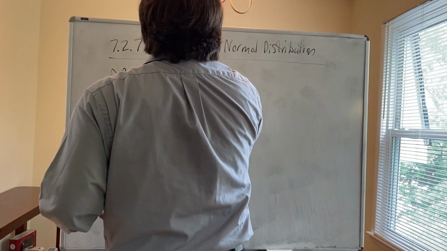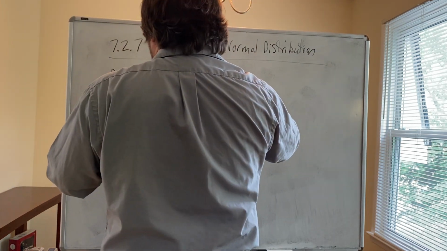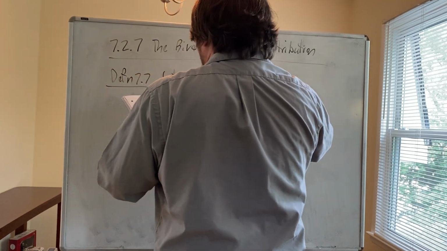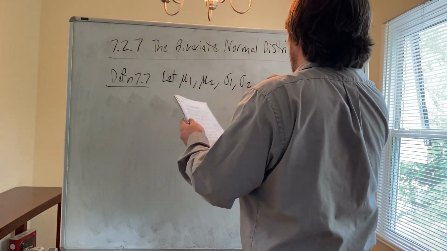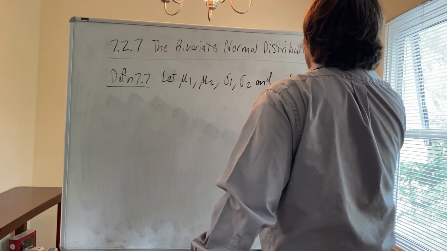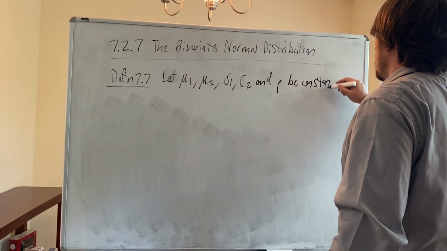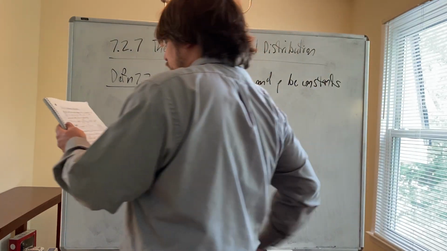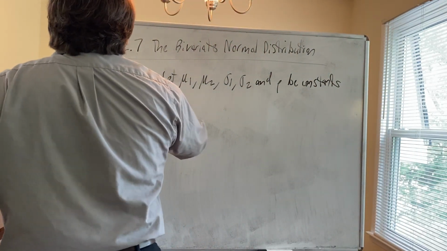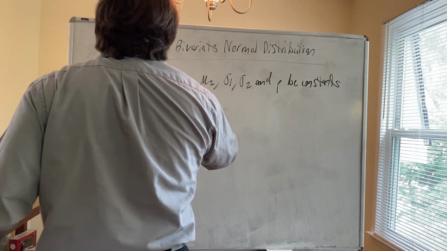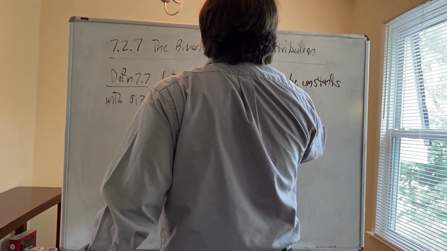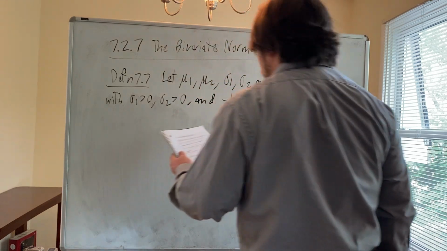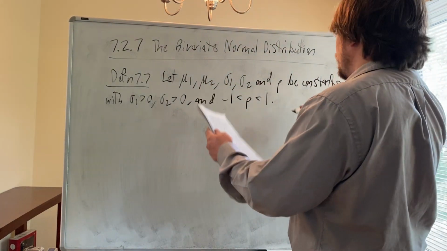Let mu1, mu2, sigma 1, sigma 2, and rho be constants with sigma 1 positive, sigma 2 positive, and rho strictly between negative 1 and 1, not including negative 1 and 1. The function